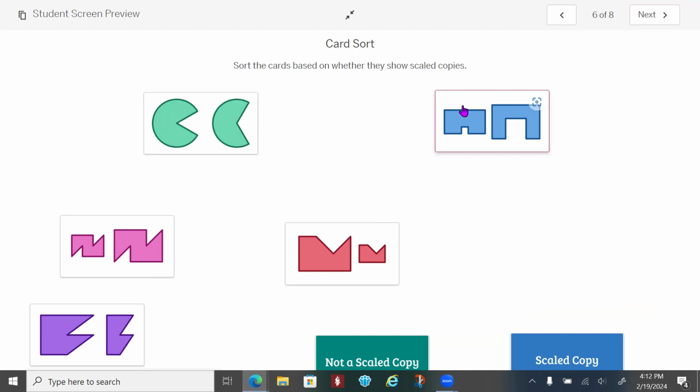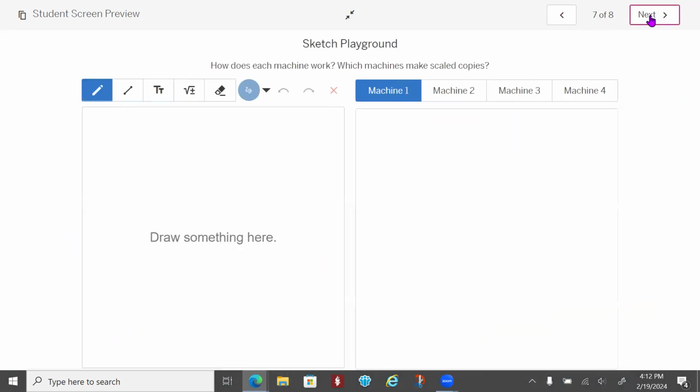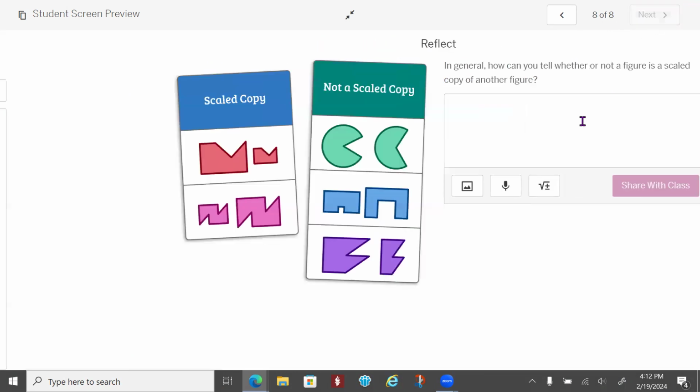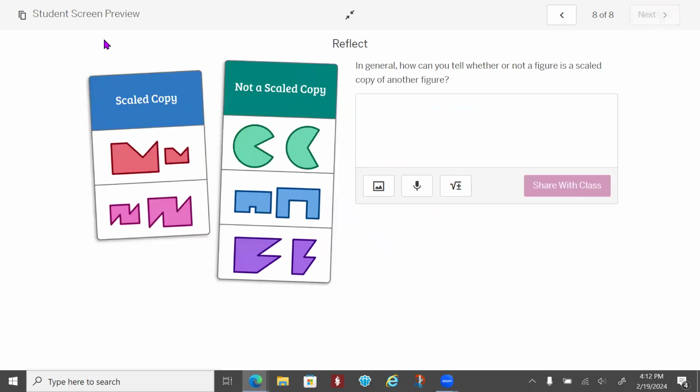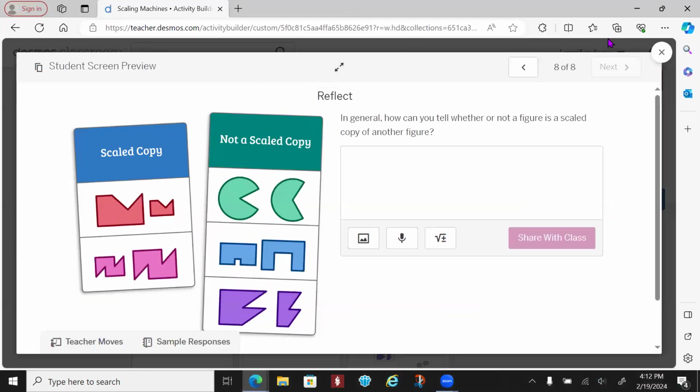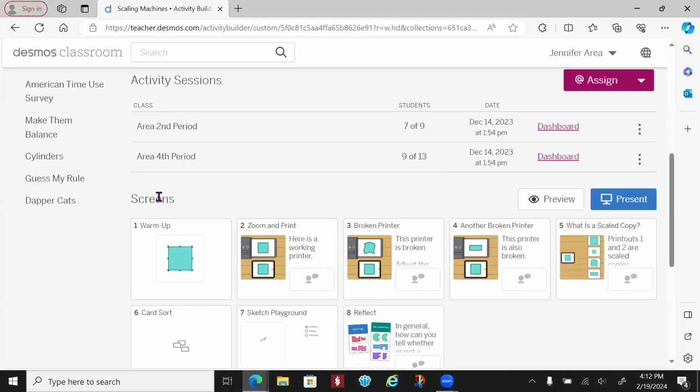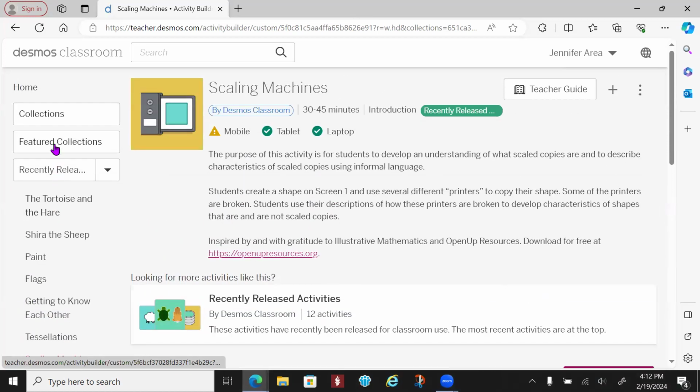And this could be used not just for math, it's anything that you would want matching card sorts and matching set up. They can draw in here. So once again, that's not just for math, that can be for other content as well, anything that you might want them to draw. So let me show just one other activity so you can get an idea of what's in here. Let's go back to